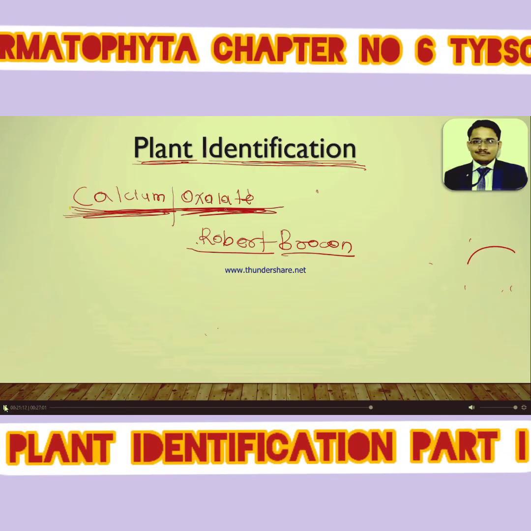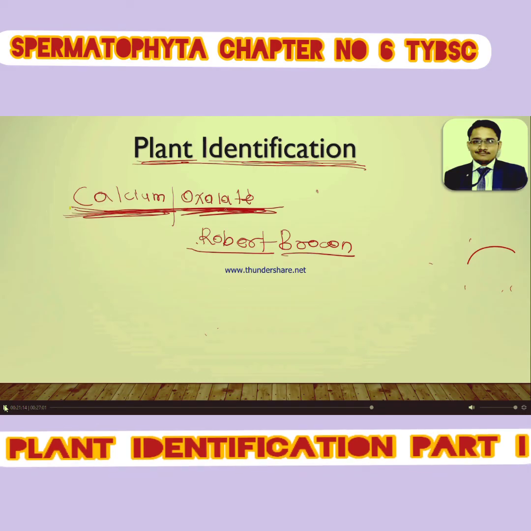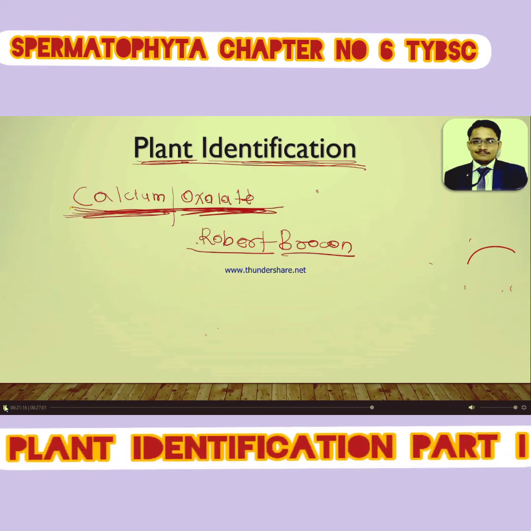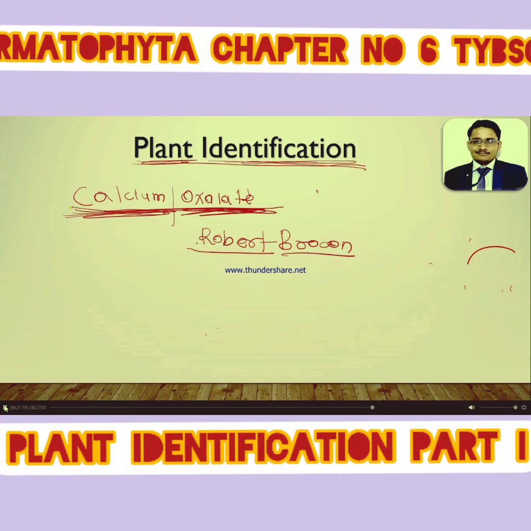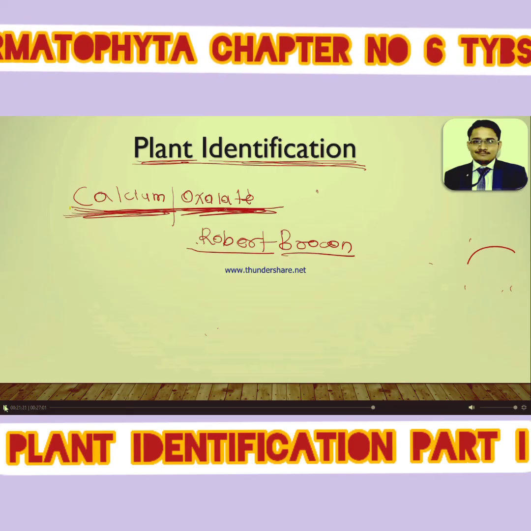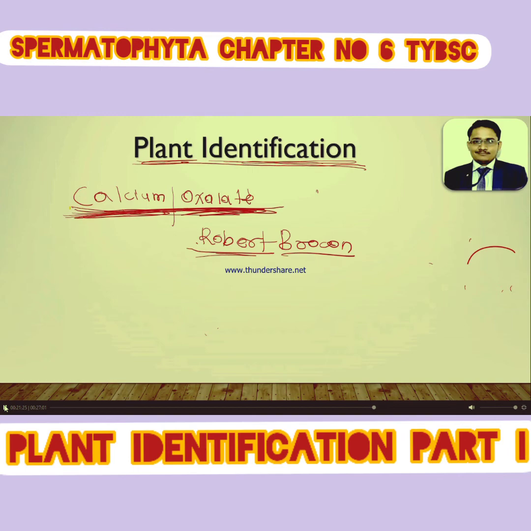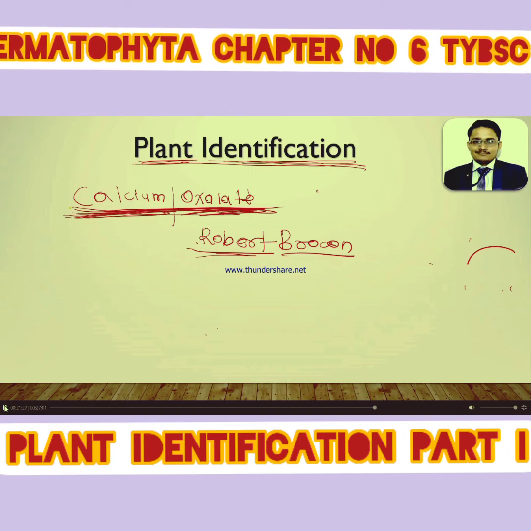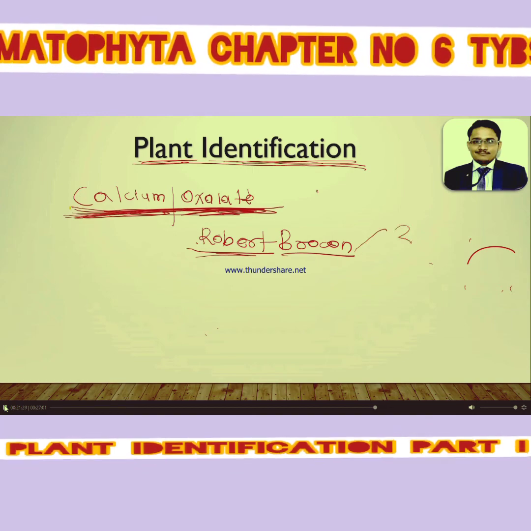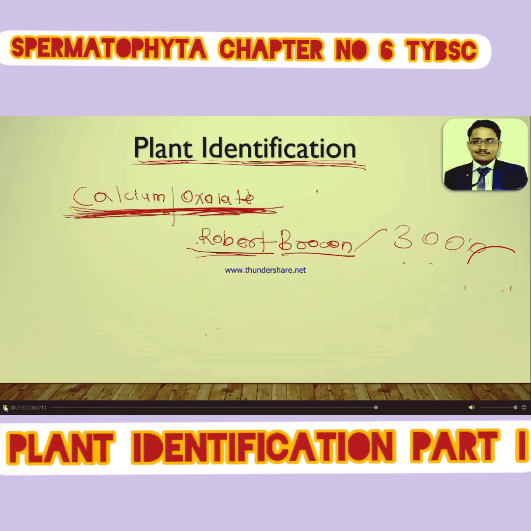For that purpose, Robert Brown released his book on the identification of plants with the help of biochemistry and anatomy. That means with only one character, calcium oxalate crystals, 3000 plants